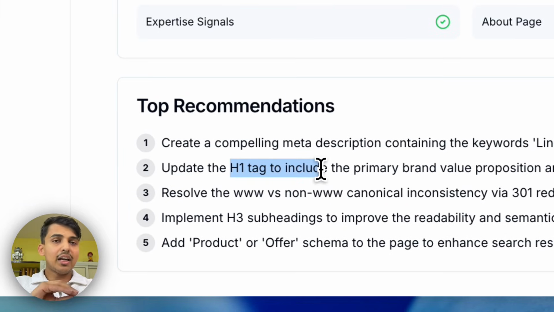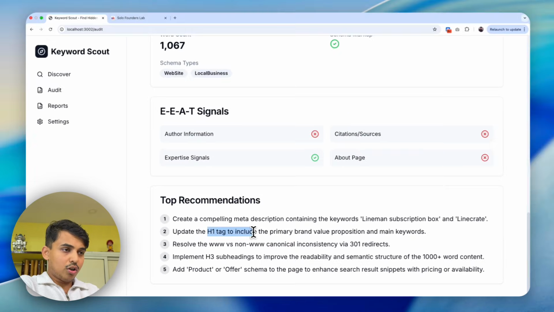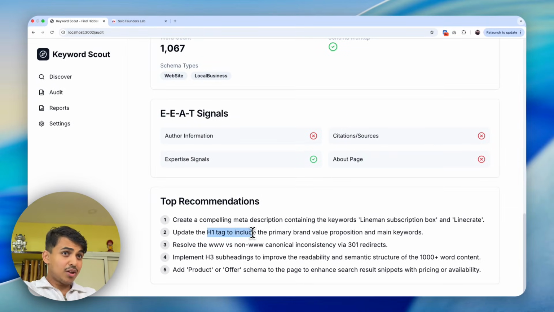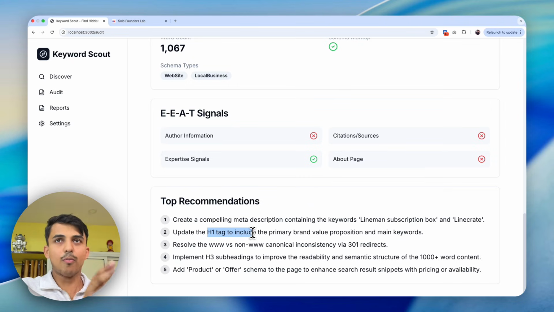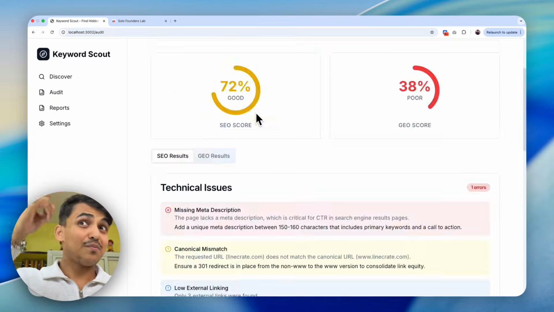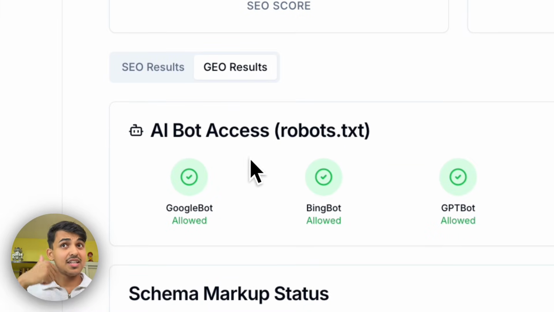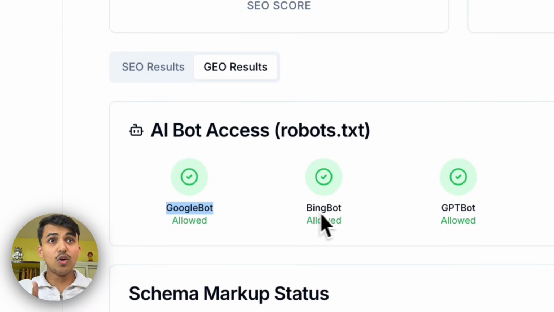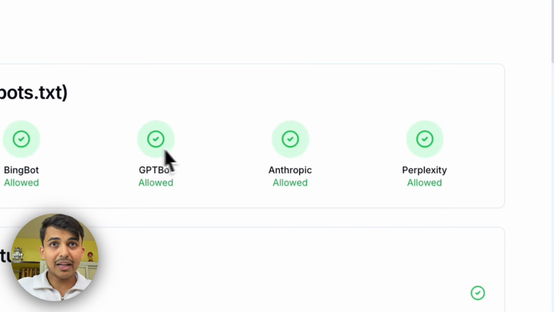Update the H1 tag. Now you could literally go to a business, show them this is what they're missing, and you can help them solve this with AI agents. Like, this is a no-brainer, guys. Just a no-brainer. Okay, you can go to GEO results as well, and you can say, hey, this bot has the access of Googlebot, GPTBot, Anthropic, Perplexity, Bingbot.